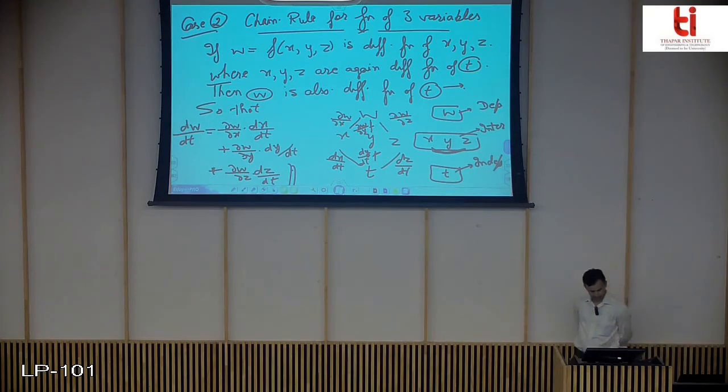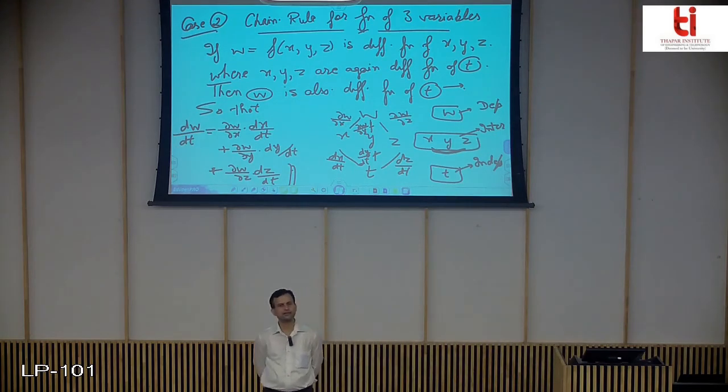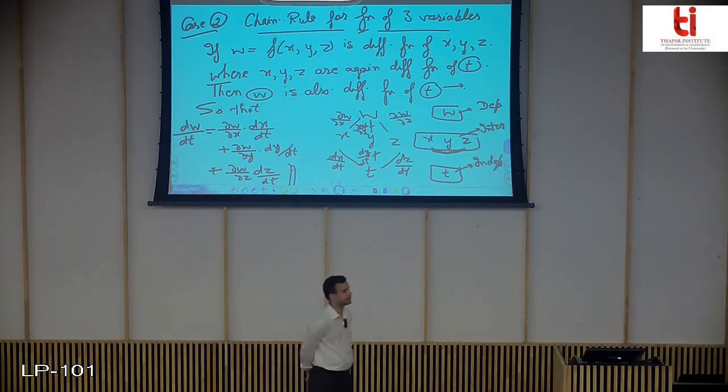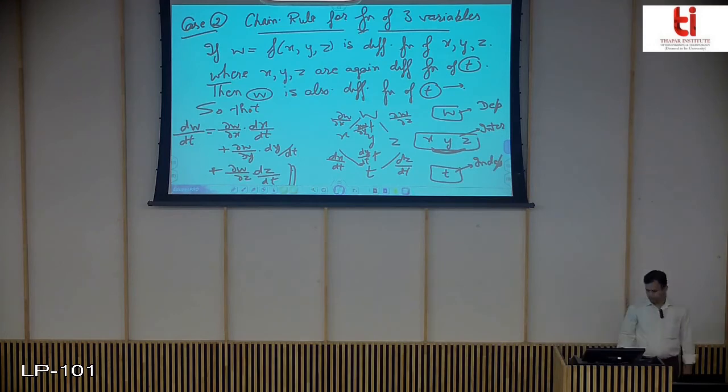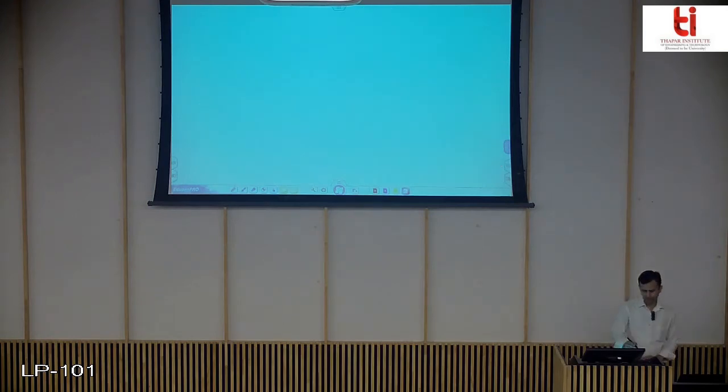This is the required formula in case you have functions of three variables, a function that depends upon three variables, and those variables in turn depend upon a single variable t. So now I hope you have the formulas clear, and now I come to example 1 for these questions. Example 1, the question related to your chain rule.